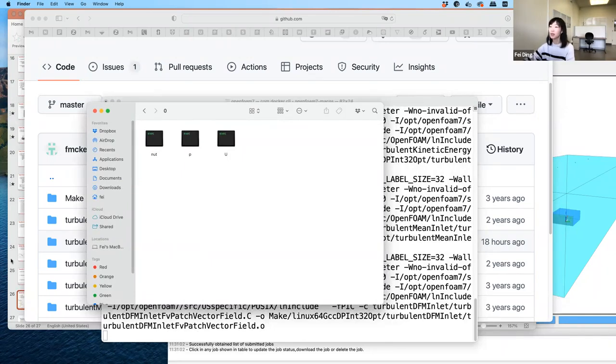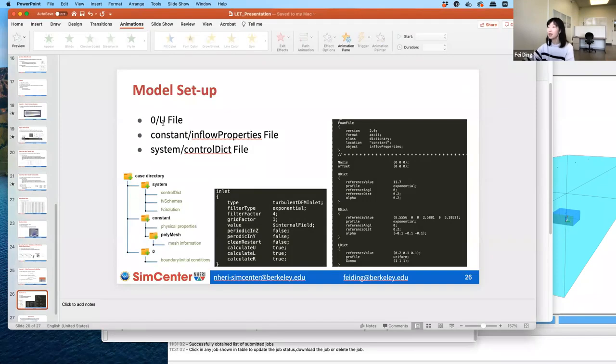To call these functions, you need to modify three files. One is in the 0 directory for the initial and boundary conditions. You need to modify the U file to call the inflow turbulence generation method. For example, if you want to use the digital filtering method, you need to specify which type of function you want to use. The second file is that you need to add this new inflow properties dictionary file in your constant folder. And this inflow properties file will specify